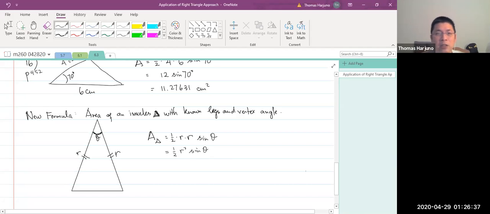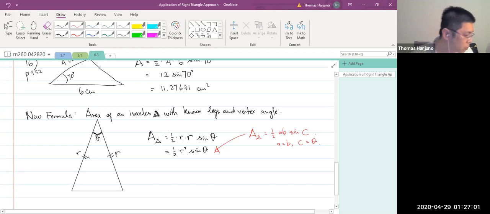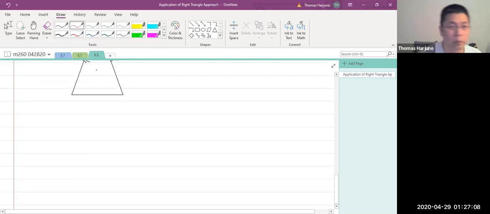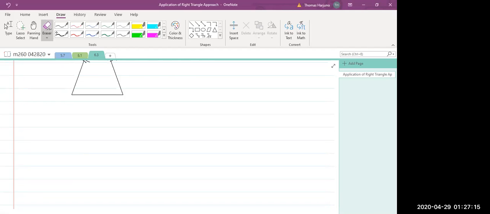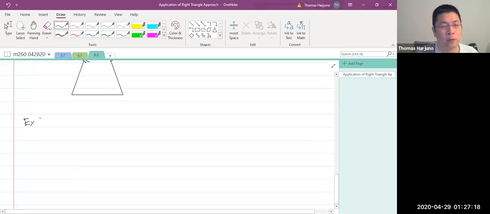Now notice that this is basically a consequence of the general triangle formula, if you know two sides and the included angle, where A equals B and the included angle is theta. Now then, how do we use this to answer, for example, a question from a book? Let's answer this question first. Do you know a hexagon? Yes. Six sided. Okay, so find the area of a hexagon